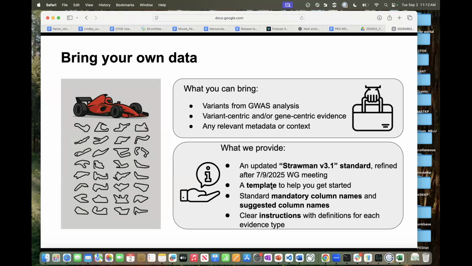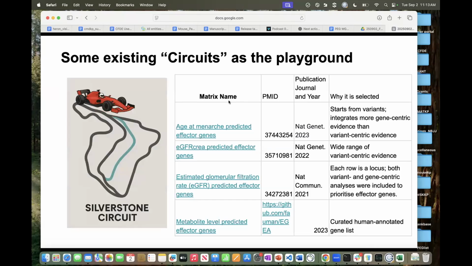A template to help get started, suggested mandatory column names and suggested column names, and then clear instructions and definitions for each evidence type. As we mentioned, we had some sample PEG matrices that individuals could use if they chose, and those are provided in our